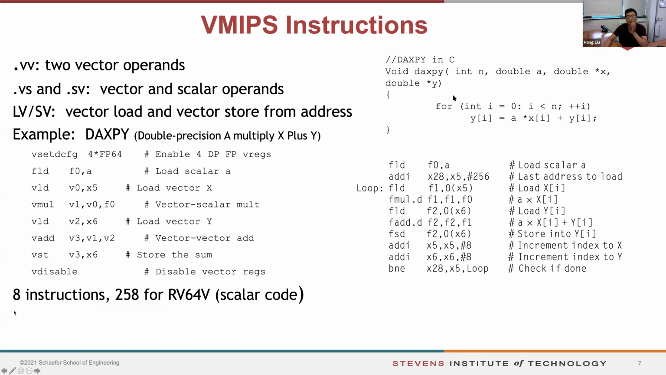Assuming you have this line of DAXPY in C, what we do is for every element of X, we multiply that with A, plus Y, and put it back to Y. So the typical way we do it is like this, right? So we first load an element, the value of A, and then